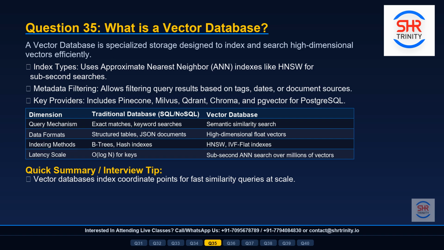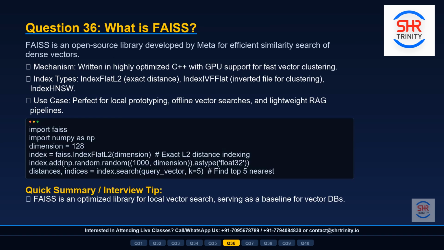Question 36. What is FAISS? FAISS, which stands for Facebook AI Similarity Search, is an open-source library developed by Meta's research team. Written in highly optimized C++ with native Python wrappers, FAISS is designed for fast similarity search and clustering of dense vectors. Unlike managed vector databases, FAISS runs directly in your application memory, making it ideal for local prototyping, offline analysis,